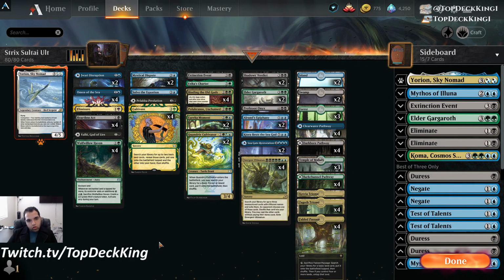Hey YouTube, welcome. Strixhaven just dropped, and so we are trying to build a deck with Strixhaven cards and see how things go. So this is going to be my initial first build of a Strixhaven deck. It's Sultai Ultimatum, Emergent Ultimatum, whatever you want to call it, but with Strixhaven cards added